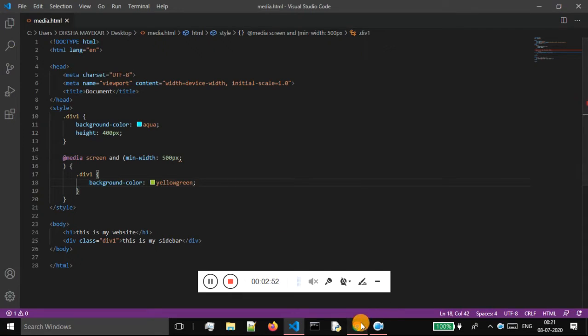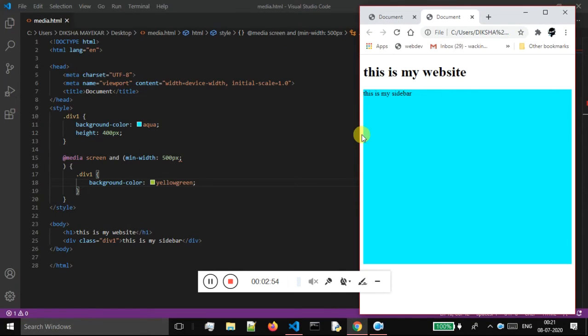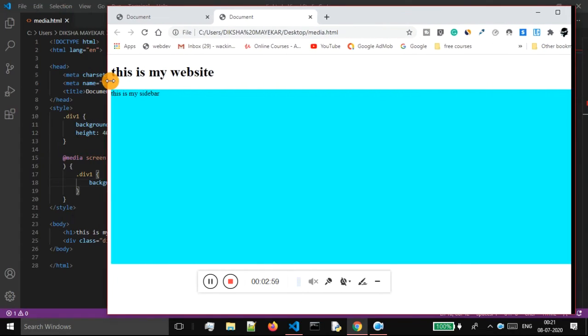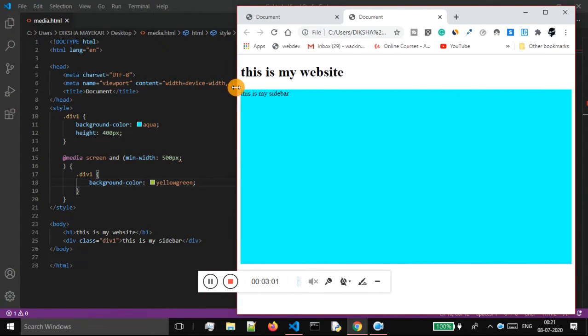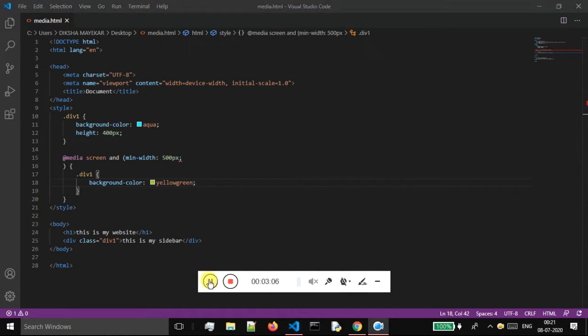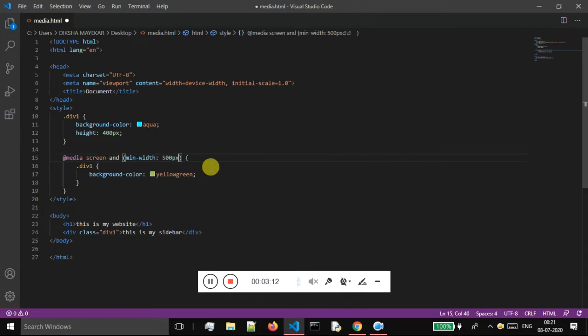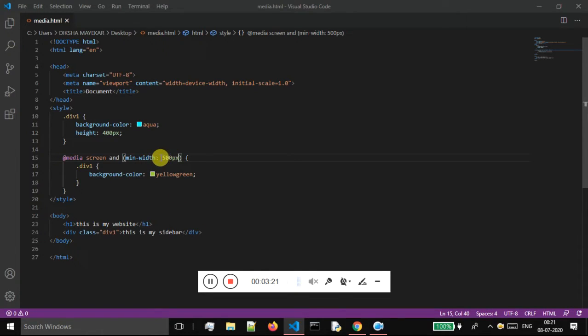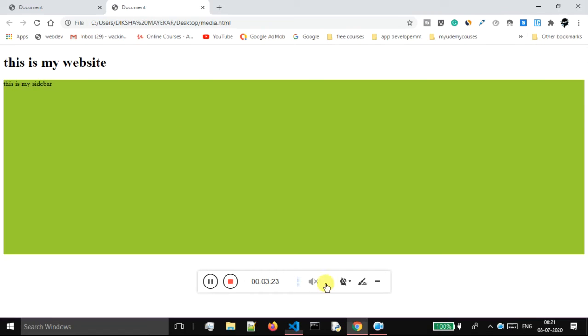Okay, so now let me just show you how this is working. Let me just change the screen size. This is not working. What's the issue, by the way? Okay, so there is one error, semicolon. We don't have to give this semicolon, and I am saving this. I'll come over here and refresh. Okay, so currently this screen is bigger than 500 pixels, because of which I'm getting this